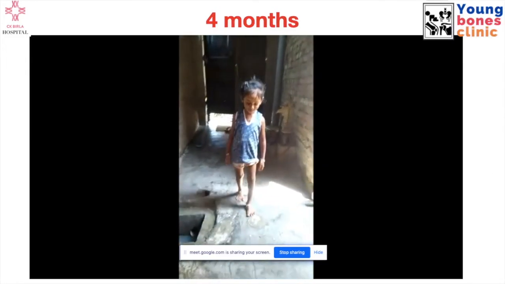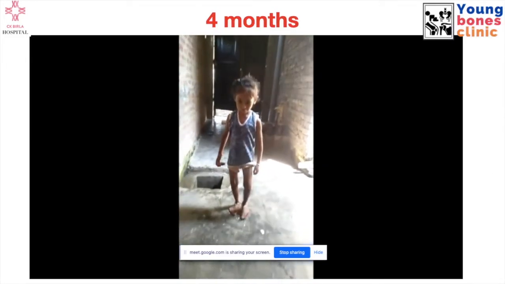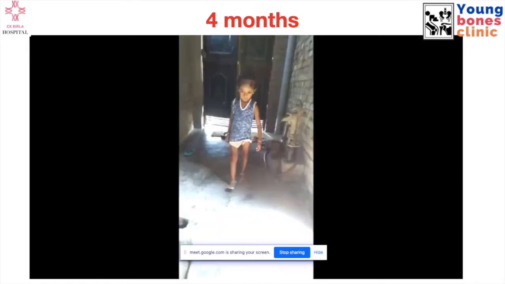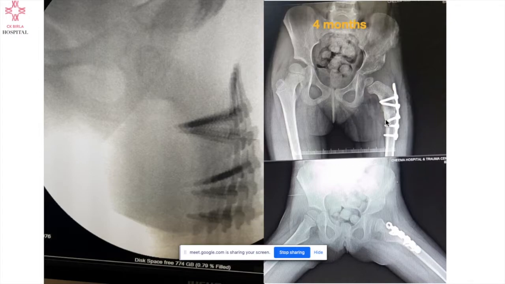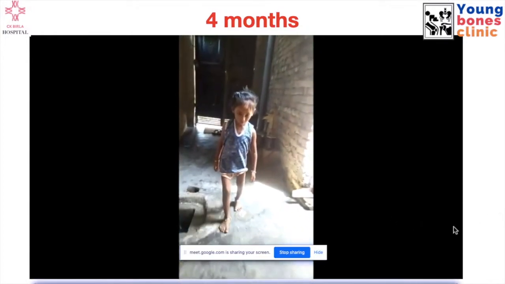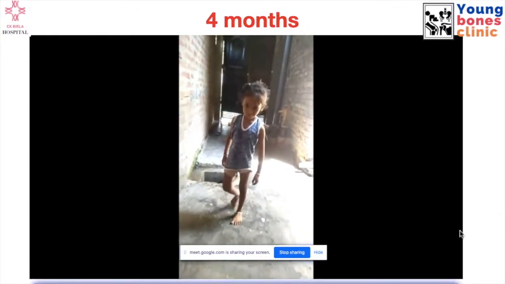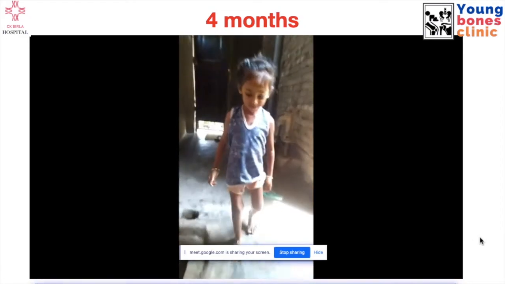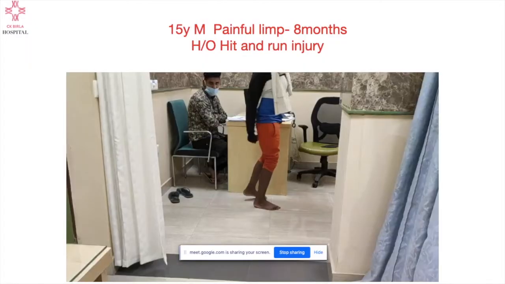Same child, 4 months later, has just started walking with a normal gait. The leg is short because when we do this surgery, we need to shorten the femur as well. So this is a varus derotation, along with a shortening osteotomy of the femur, and along with that the pelvic osteotomy. But the shortening usually catches up later on, and within a year or two, the child has a normal leg. But the hip is stable now. Thankfully, she has a good range of motion, and we expect her to come back to a normal gait pattern.